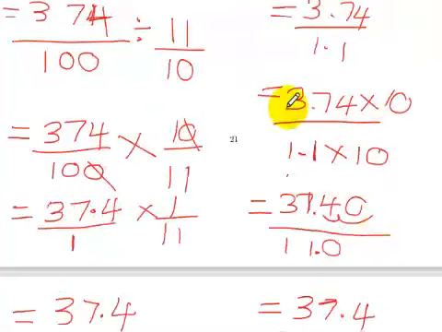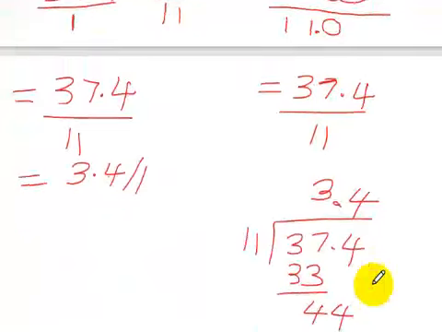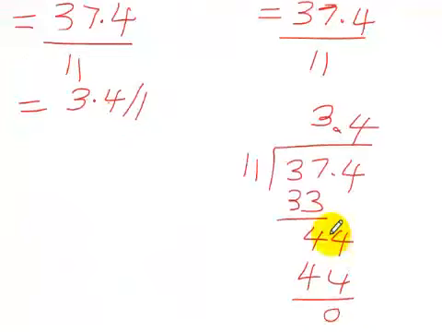Then you know how to multiply a decimal value by 10. This decimal point moves one place to the right hand side. This one also shifts one decimal place to the right. So I got 37.4 divided by 11. Then, using the long division method, I divide